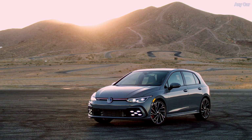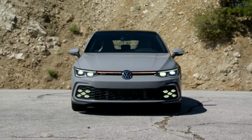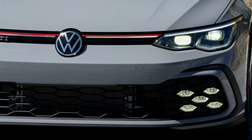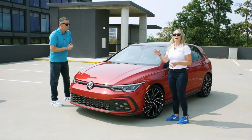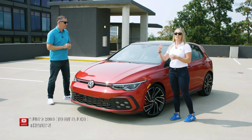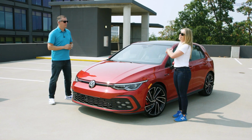And this still has some of those original heritage elements that were present in the Mark I. Talk us through some of those elements. Yeah, you take a look at the very front and you've got some red elements going right through the grille. You've got a large version of the honeycomb elements that carry into the interior as well. So honeycomb is a big GTI piece. You've got red accents throughout the car. You've got red brake calipers. You've got standard plaid cloth sport seats, which take it all the way back to the first generation. And then even on the manual transmission, you'll recognize golf ball details on the Mark 8, just like we had